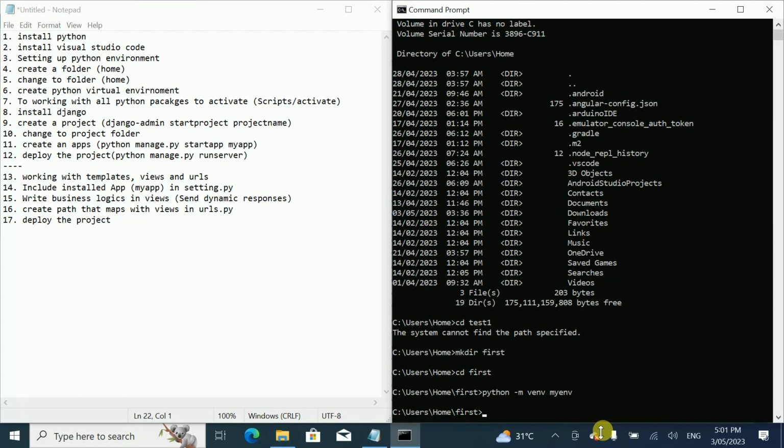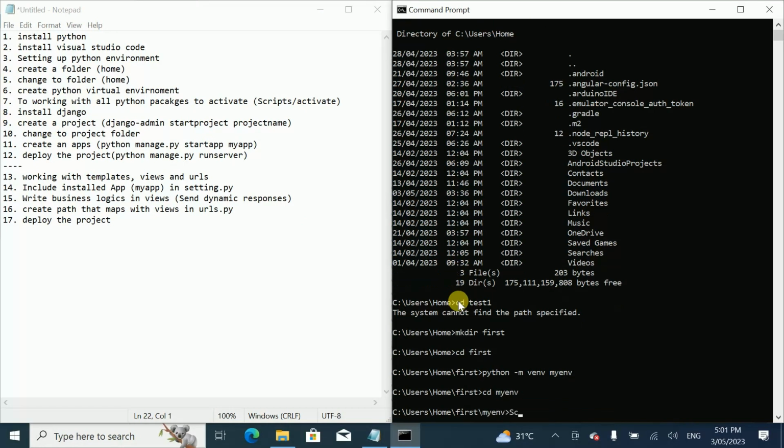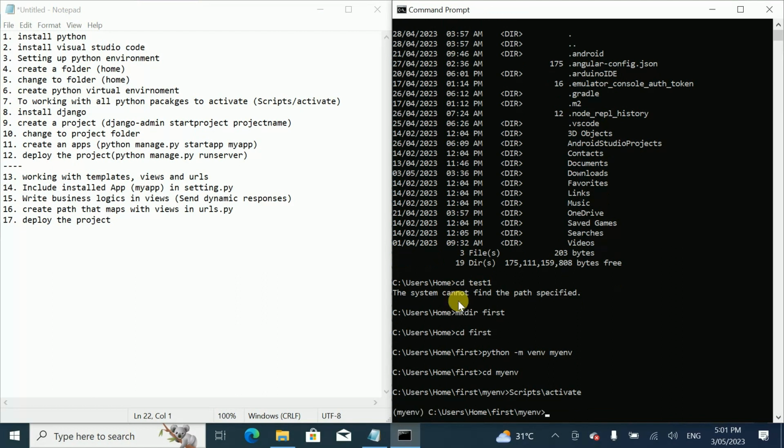Next step, I have to activate all the scripts which are available in the Python package. For that I have to move to the myenv folder and type Scripts/activate. When you type this command, all the Python package scripts are available to run. Okay, next step,